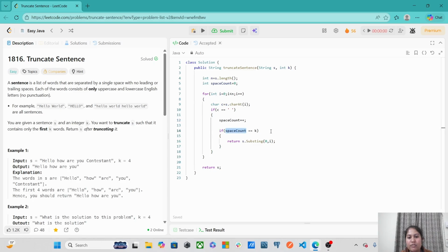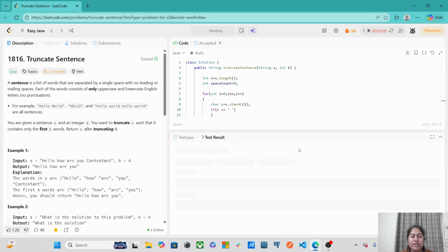If our space count variable is equal to k, then we are returning our substring from 0 till the index that we have reached while counting our spaces equal to k. If not, that means the string s contains only k words, so we are returning the whole string s as an output. Let's try to run it.